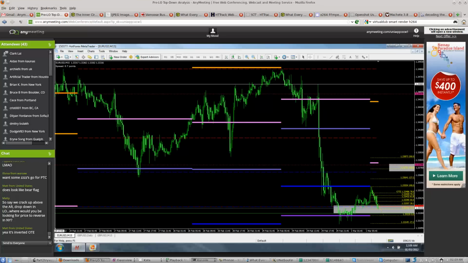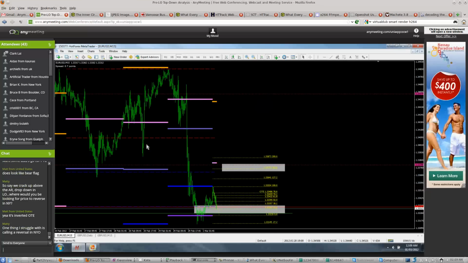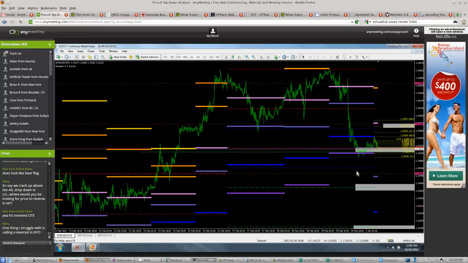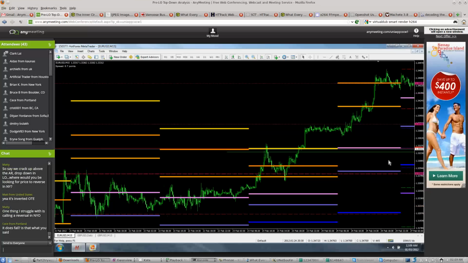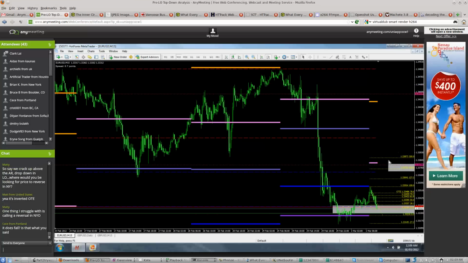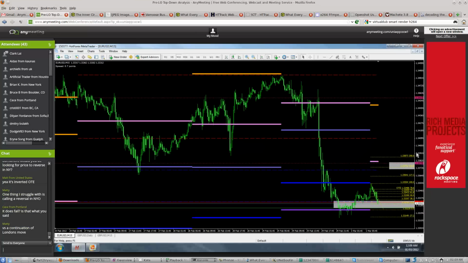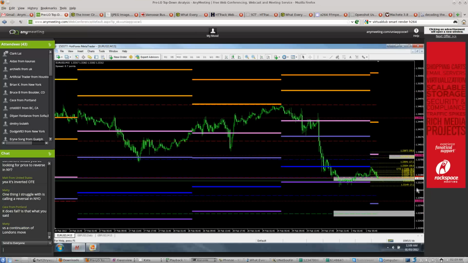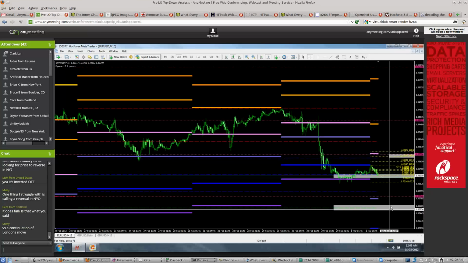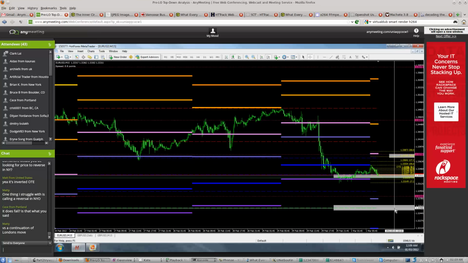So say we crack up above the AR and drop down to 1. Where would you be looking for price to reverse? I'll be honest, looking at the chart, you don't have to be a fortune teller. You've got a little support zone here, but at the end of the day, just watch when price starts to slow down,